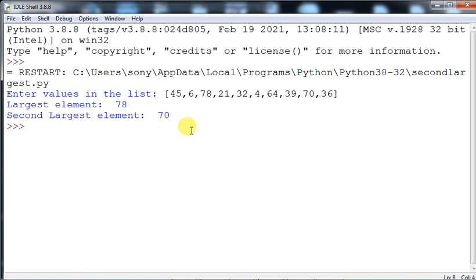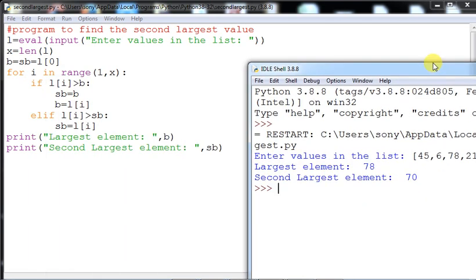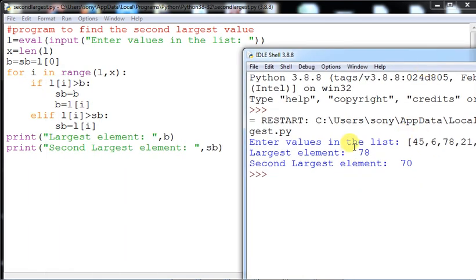Now what exactly you need to do is enter values in such a way that you will be able to find out the logic. The logic is actually like that only. So whenever you are entering the 45 here, let's see the explanation of this. The length of the list is measured, and the 45 is actually taken into the list.